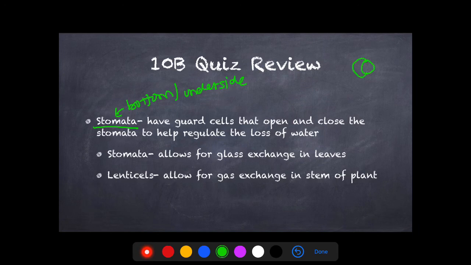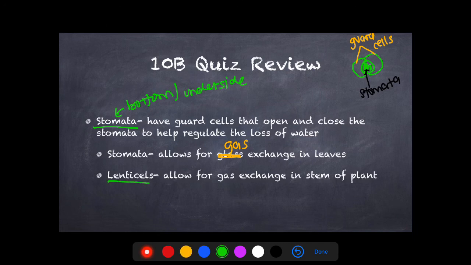Remember, we said that stomata is like a tiny opening that has guard cells on either side. Let me draw an arrow here. This would be the stomata, and both of these on the side would be the guard cells. The guard cells are in charge of opening and closing the stomata to regulate the loss of water. Stomata helps with gas exchange in the leaves,